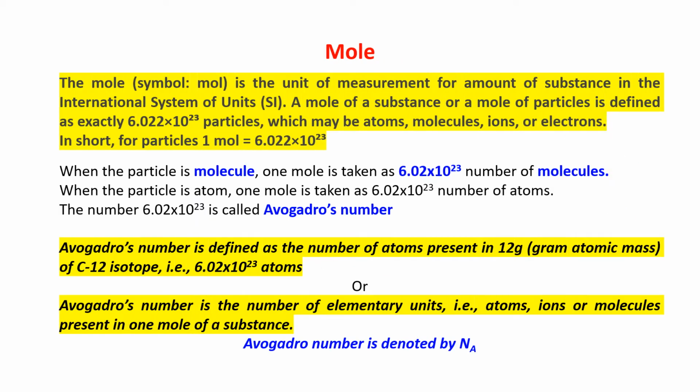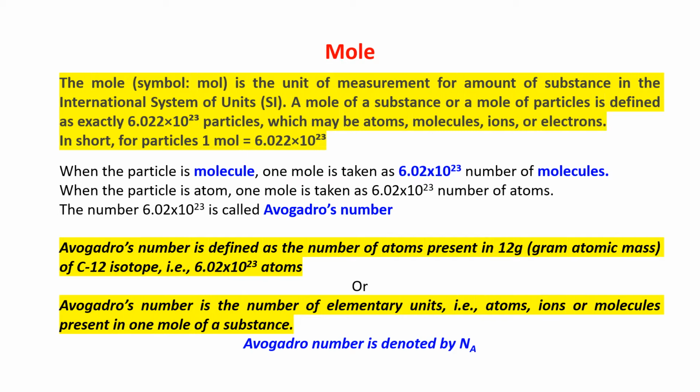Now, a very interesting thing: mole. This is a totally new concept for this chapter. What is mole? Mole is a unit, like we say dozen. If I say dozen, that means 12 numbers. You know that. Mole also has a particular number, I'm coming to that. If I ask you to bring 1 dozen bananas, you will bring 12 bananas.